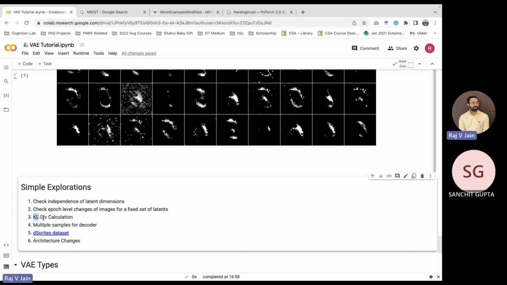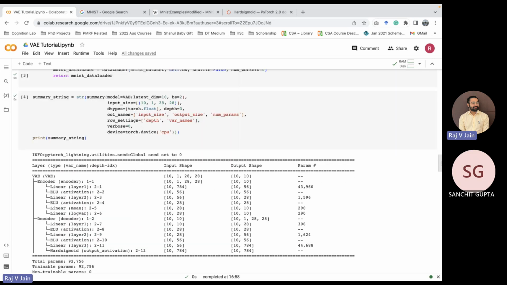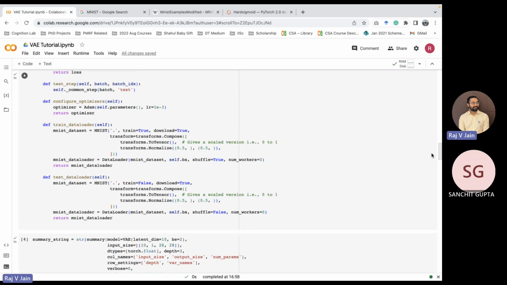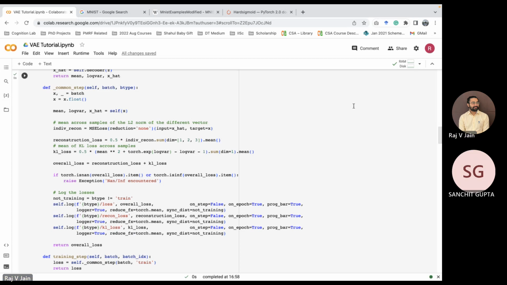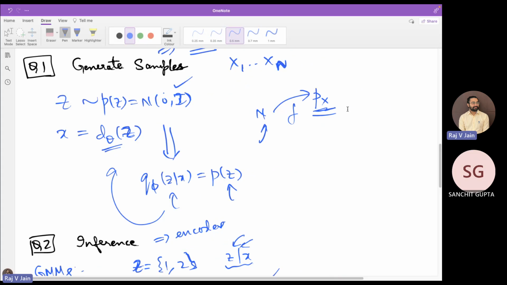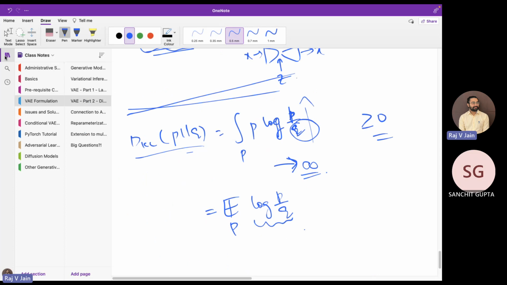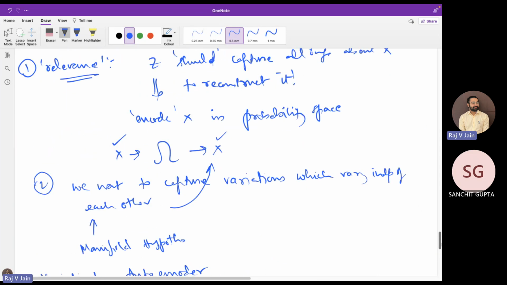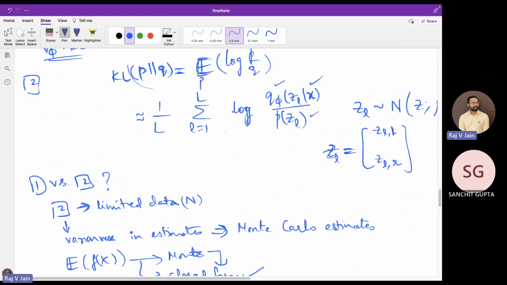We also discussed KL divergence calculation. As I said, we got lucky in that sense because we had Gaussian distributions, so we could get a closed form solution. If not, what we'll have to do is basically take a Monte Carlo approach to getting these KL divergences, right? We already discussed this idea here, right? So where we said that,